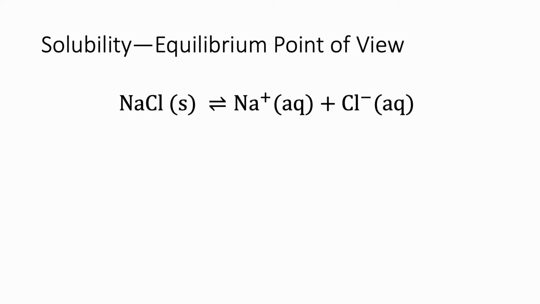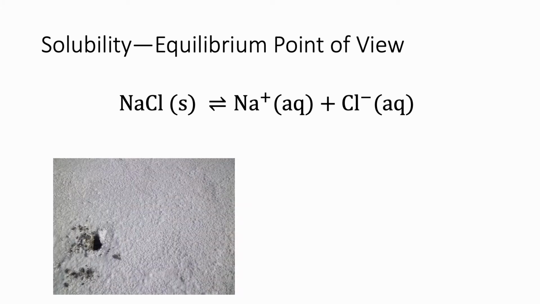So let's start by looking at an ionic compound that people say is definitely soluble when they're doing the easy version of Gen Chem. And that would be sodium chloride, just regular table salt. We know sodium chloride is soluble because we throw it into our cooking and it dissolves. We don't see salt crystals floating around. And so what's happening there is our solid sodium chloride is dissociating to form aqueous sodium ions and aqueous chloride